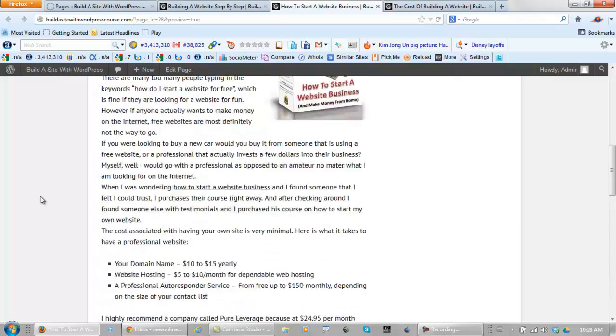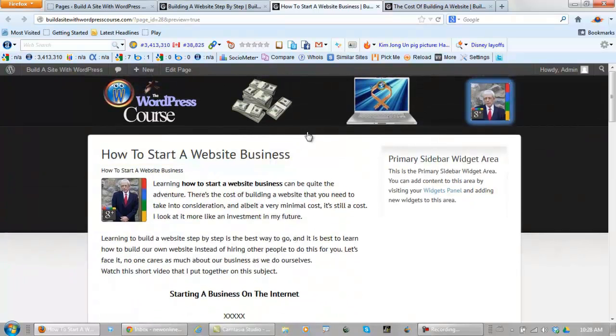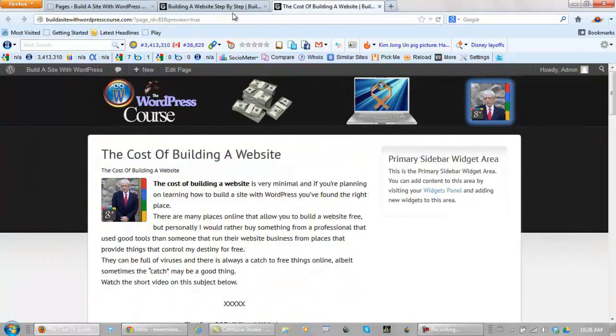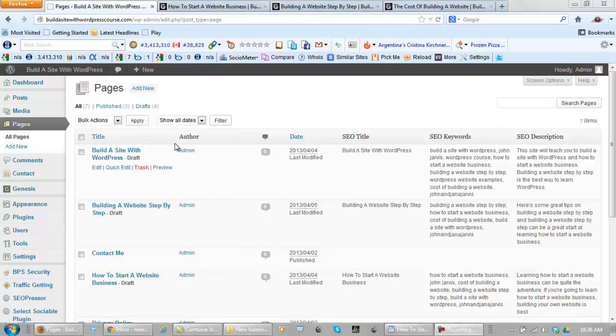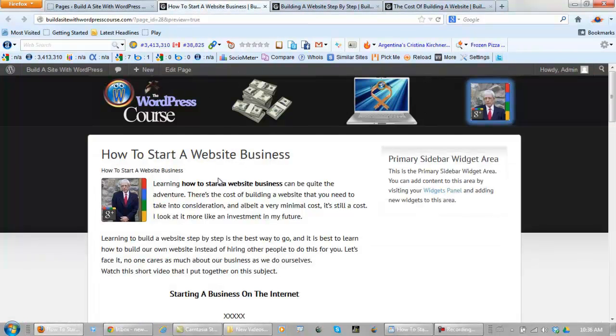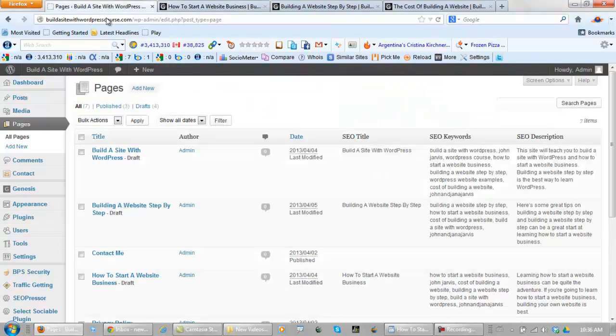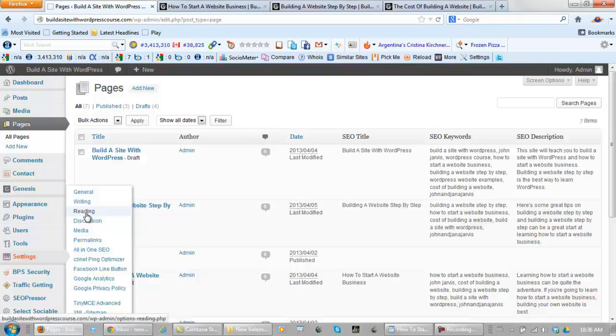my list. So what I'm going to do is let's get rid of these pages, and the other page, by the way, all pages, and point them back to the one page, the how to start a website business page. Okay, to make this page our home page, or to choose our home page, this works with every WordPress theme. We've got to go to our settings and our reading,